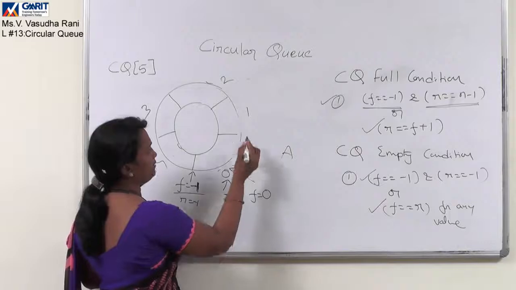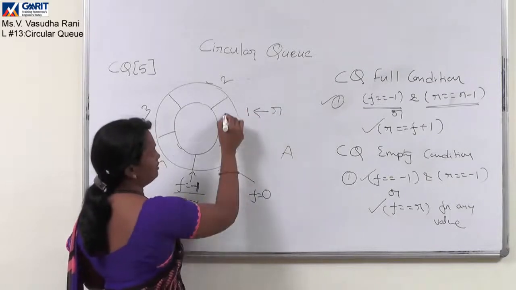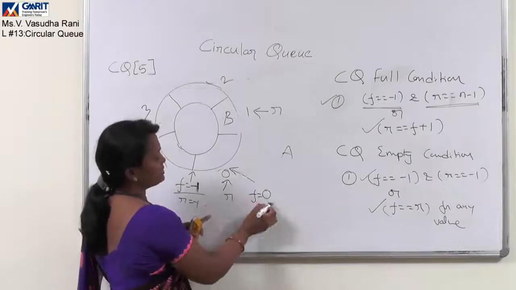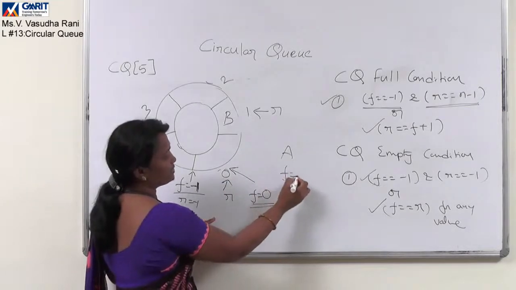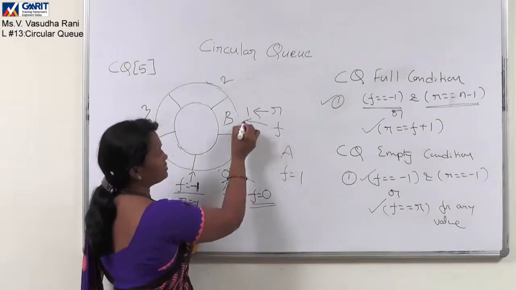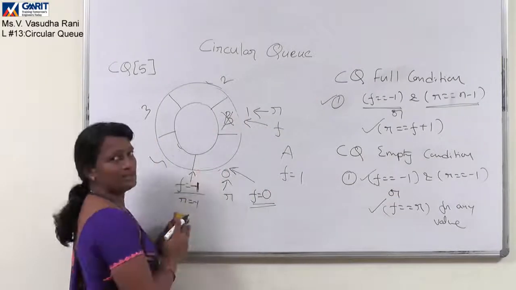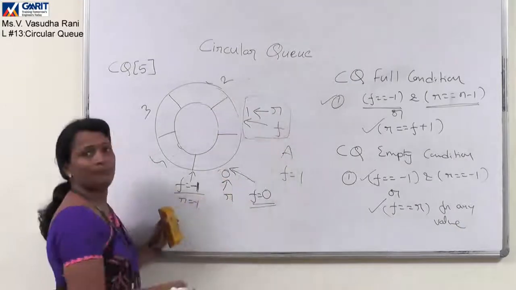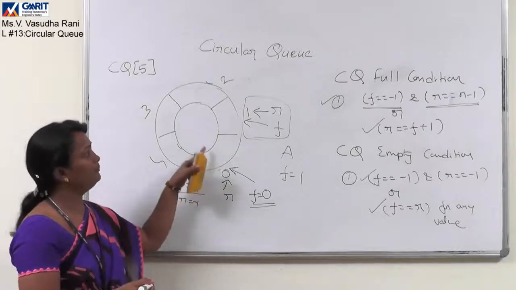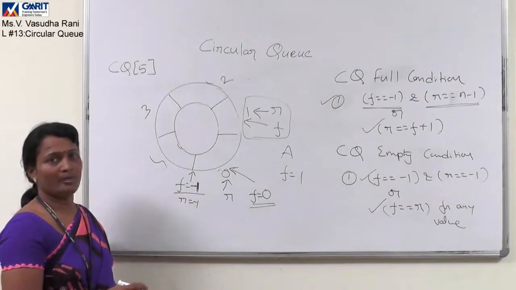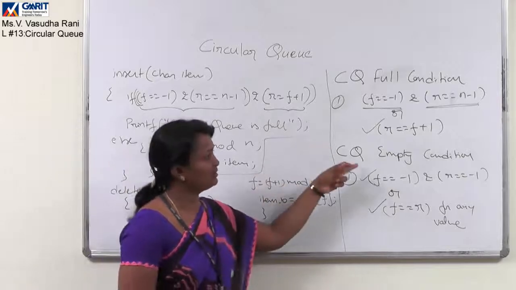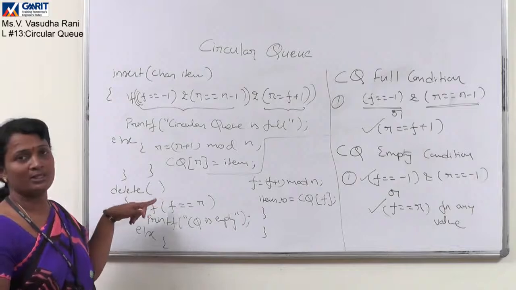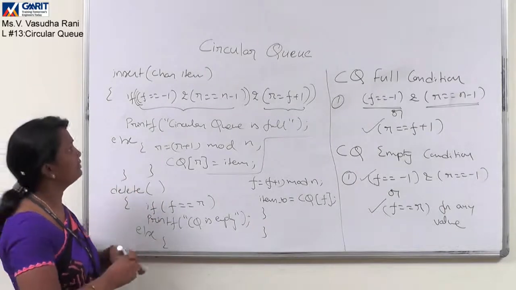Now if you add one more element, your rear refers to 1, already 0. So B is added here. Now if you go for one more deletion, front is 0, it is referring. For deletion, front has to be incremented, so your front refers to this one only, this element gets deleted. So whenever your front and rear become equal, it is showing circular queue empty. So considering these CQ full and CQ empty conditions, now we'll see the code for CQ insert operation and deletion operation.